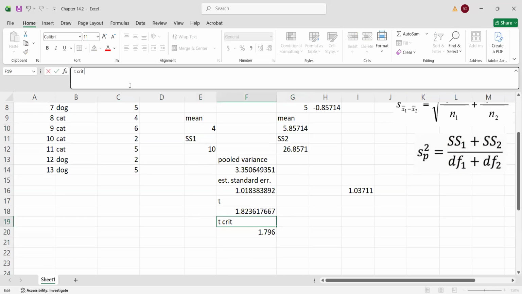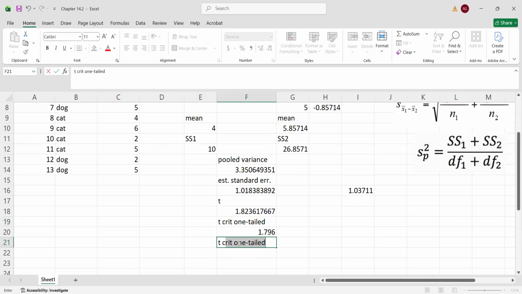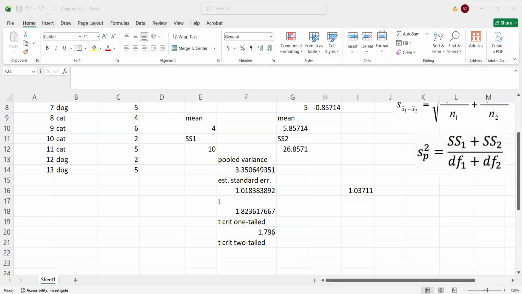However, this is another thing to think about. So that was the t-crit for a one-tailed test. Let's think about what the t-crit for a two-tailed test would be if we didn't have any idea about whether one group will have a higher or a lower extroversion rating on average than the other group. If we just said, I think dog people will have a different amount of extroversion on average compared to cat people, well, now we're going to have to look up what the t-crit for a two-tailed test is with the same degrees of freedom and same alpha level. And I'll just tell you that it's